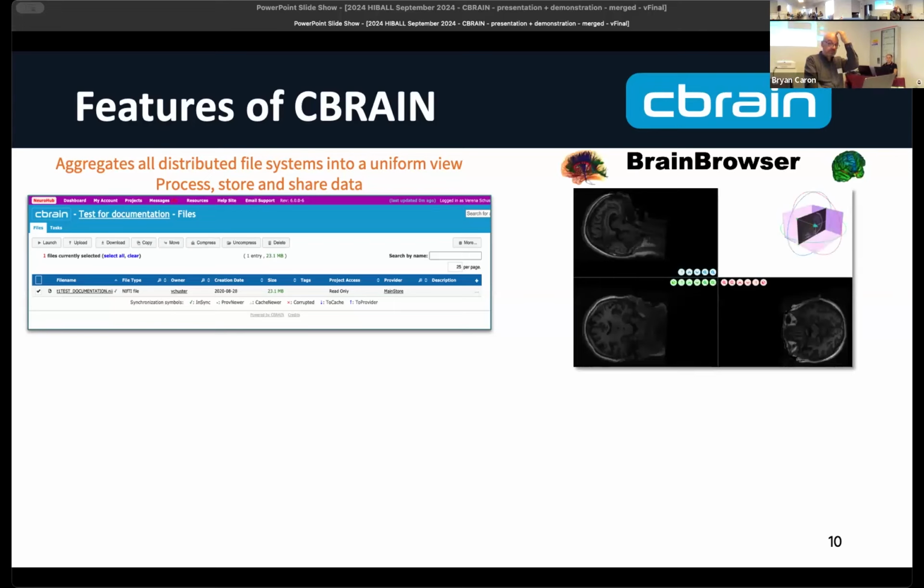And the nice thing from the CBRAIN point of view is that if you have any visualization requirements, we have a built-in visualization tool for surface and volumetric viewing called Brain Browser, which was started within CBRAIN a number of years ago. That is directly embedded, so there's no download necessary to your local laptop or workstation to do the visualization. You can just look at it directly within your web browser. You don't have to download and move the data.